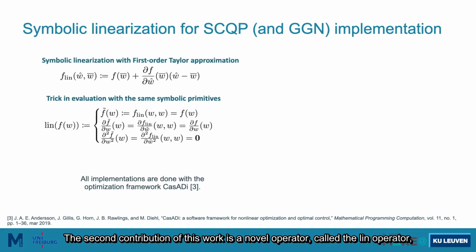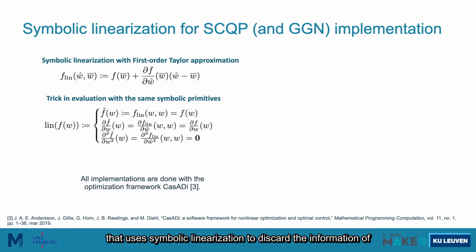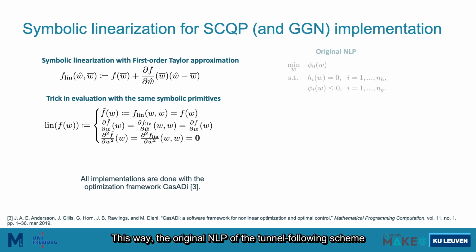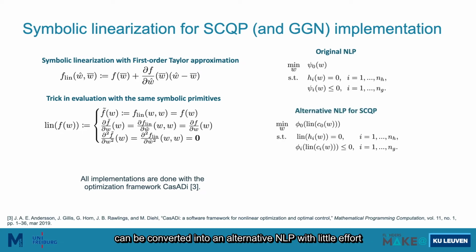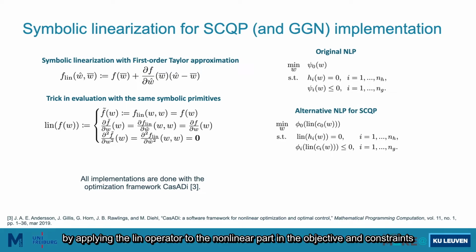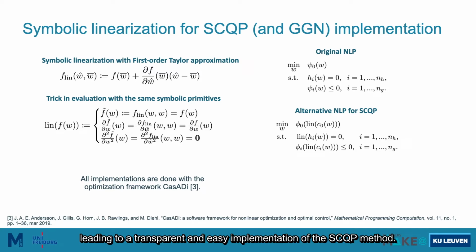The second contribution of this work is a novel operator called the line operator that uses symbolic linearization to discard the information of second-order derivatives of symbolic expressions. This way, the original NLP of the tunnel-following scheme can be converted into an alternative NLP with little effort by applying the line operator to the nonlinear part in the objective and constraints, leading to a transparent and easy implementation